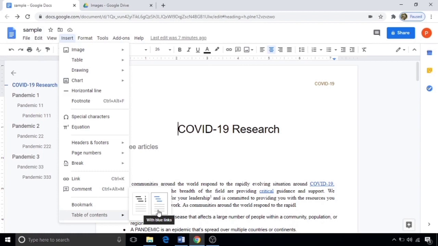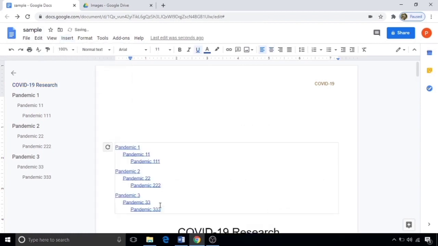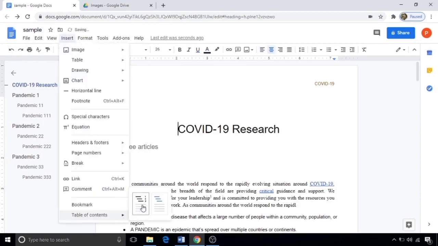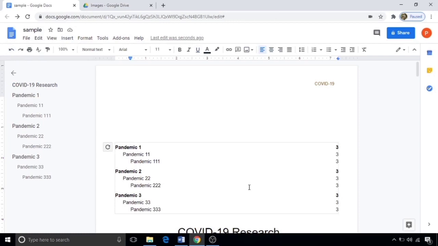We give hyperlinks inside. If you share in a digital page, it automatically links to the current page. That's with blue links. Google Documents does it automatically for us. If I am selecting this, you can see here blue links for all topics as in a website. If I select the first one, see the difference, that will be in printing mode. You can also update the table of contents here.